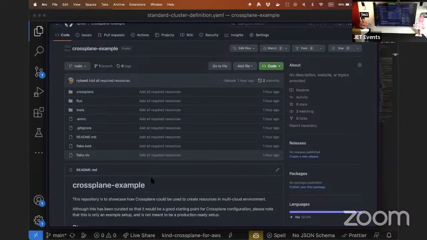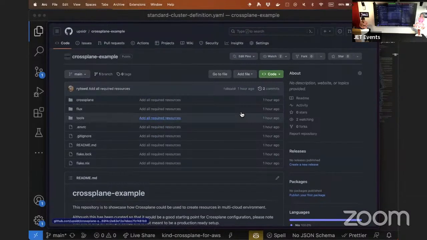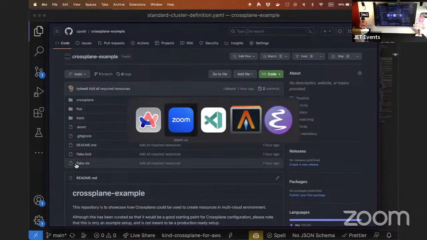But as I said, this is not a production ready setup. This is something that you can experiment with, but it's not something you can just have as your go-to place. It's just for your learning. And from that sense, let me go back to